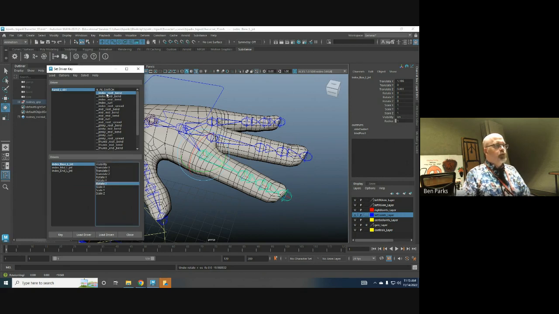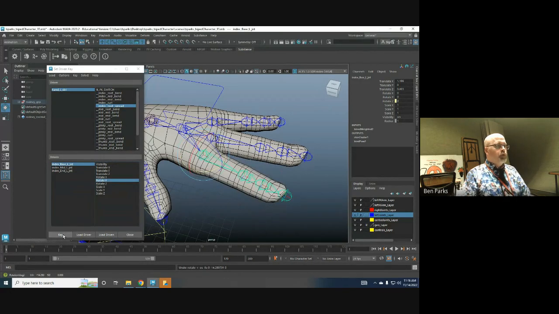Rotate Z, root, base, key, mid, key, end, key. For the curl, it's going to be all three default. And for the root spread, it's going to be the base joint, rotate Y, because we're going to be doing this,